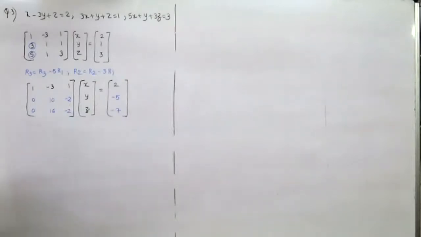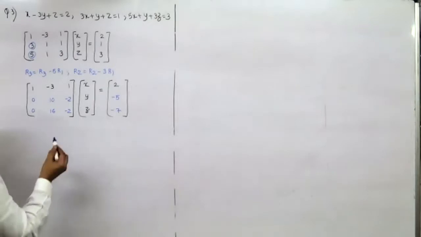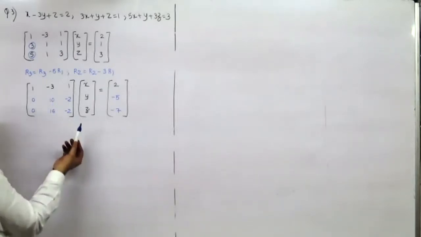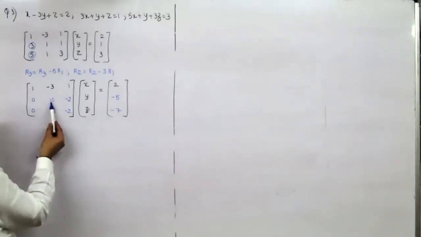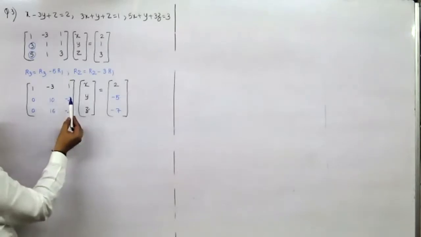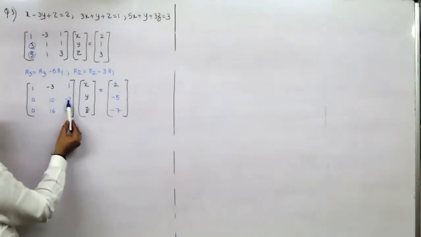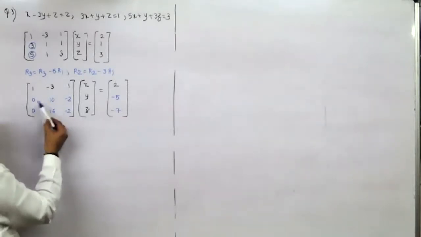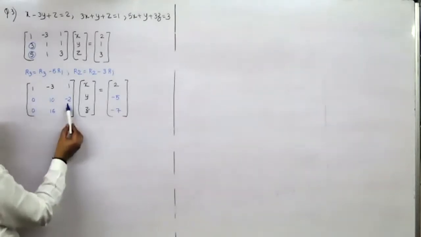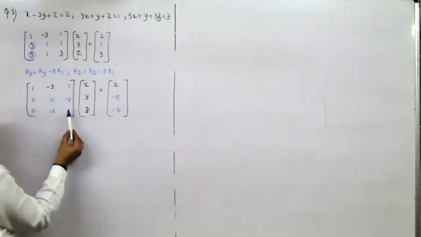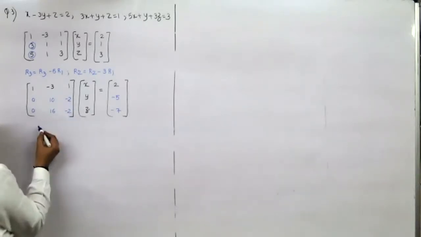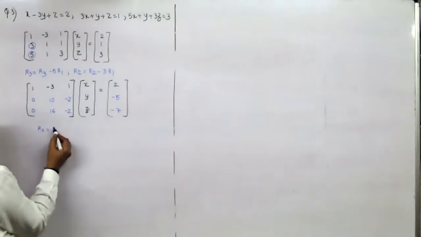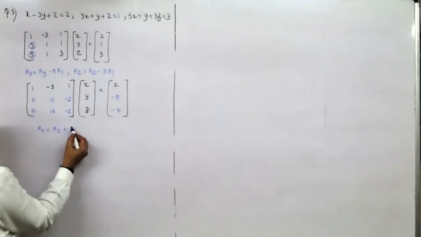Now, you need to get one more 0. Now, the best way is you don't need to make this 1 at all. There is no hard and fast rule that you need to get a 1 over here. So, what I'll do is I'll make this 0 or I'll make this 0. When I subtract these two, this doesn't get affected and therefore I'll subtract it. So, minus 2 plus 2. So, what I'll do is R2 equal to R2 minus R3.